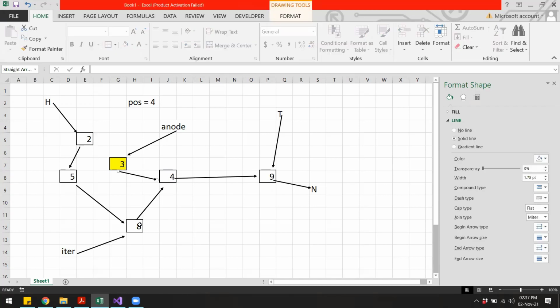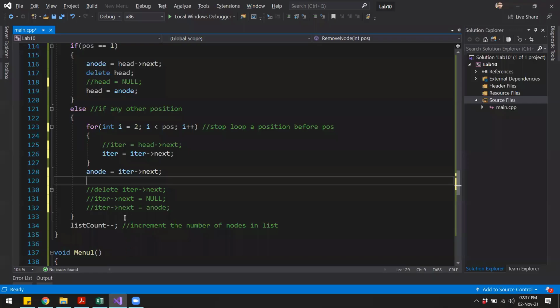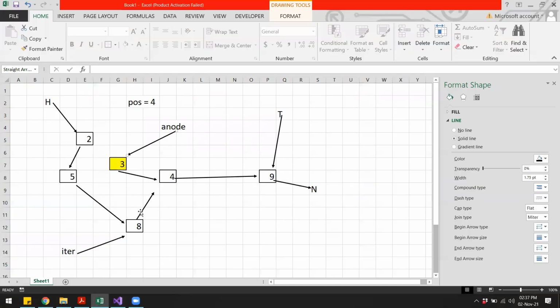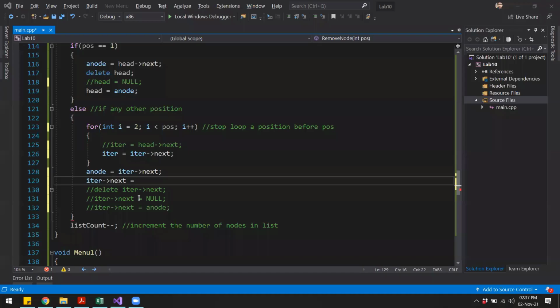So we make the next of the iterator point to the same location where the next of the inode is pointing to, right? So we can say iter arrow next is equal to inode arrow next, right?